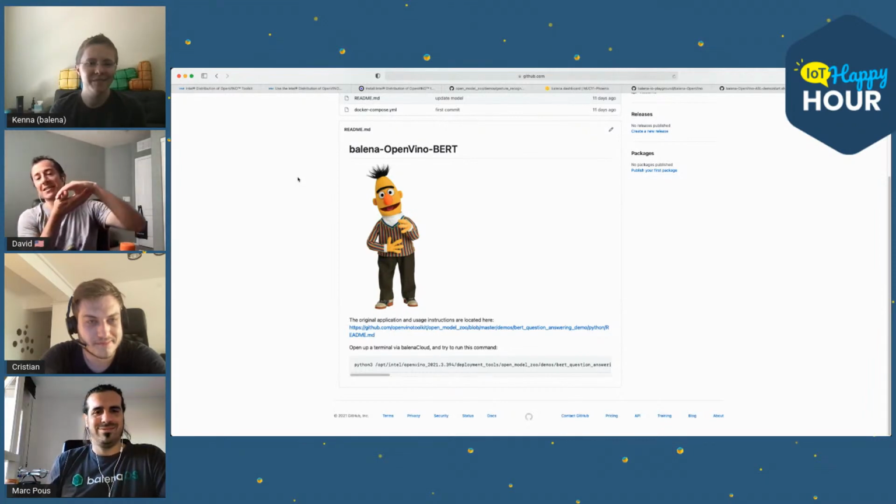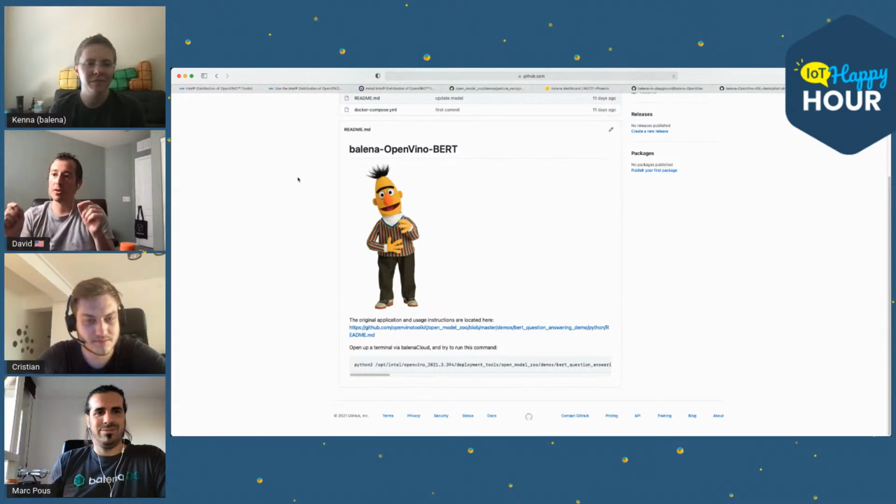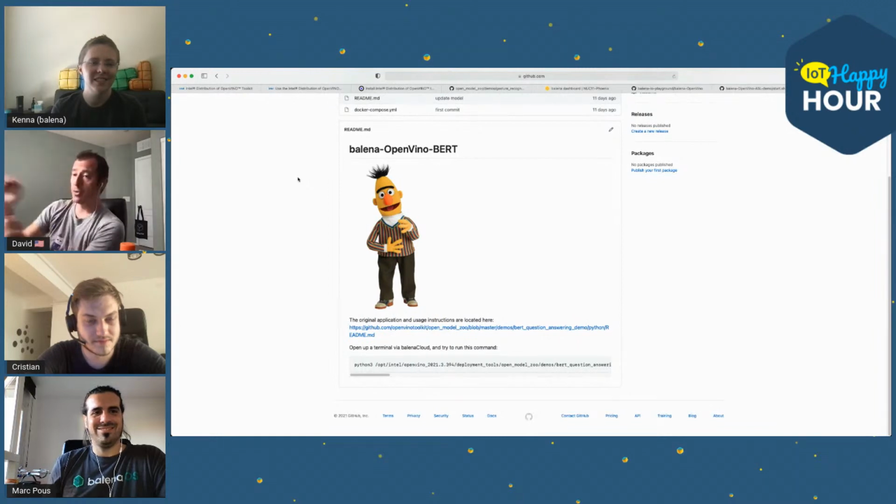Now that it has a body of knowledge to draw from, it's just a text-based application, but you type a question, like, how old is Bert? And the AI will look through its provided content and try to answer the question. I think I determined that Bert is now 49 years old. You could say, what color is Bert? It will look through its available resources and try to make a guess as to what color he is.